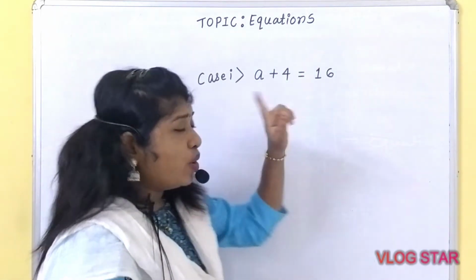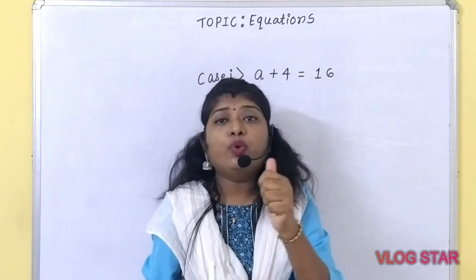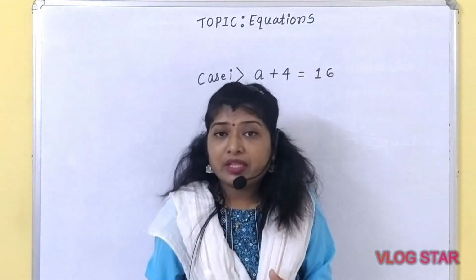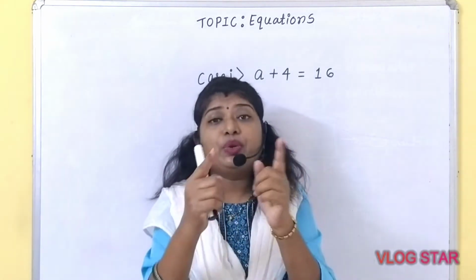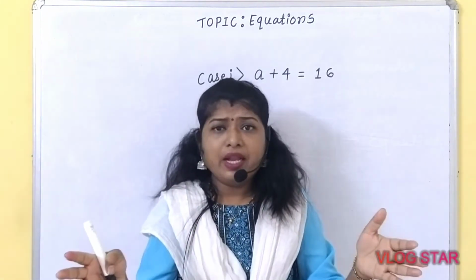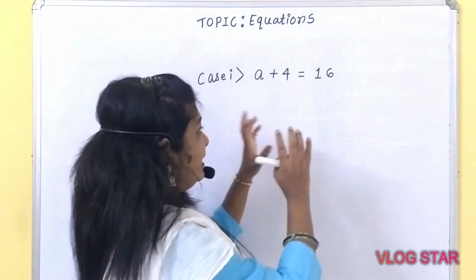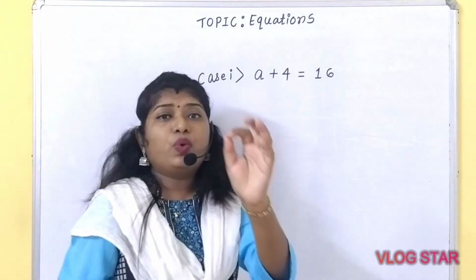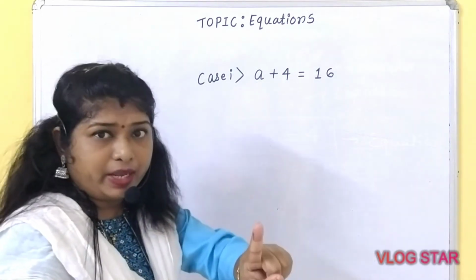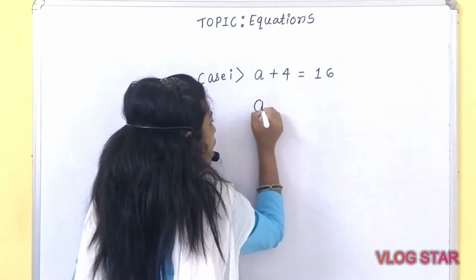Okay. So if you observe carefully, the first thing you need to identify is the unknown variable. What is a variable? As I said, a variable is nothing but the unknown value that you need to calculate. The variable could be from A to Z; any variable you can consider. In this particular question, you need to identify which variable you have to calculate. Could you identify? Yes, definitely A is the variable. So how are we going to proceed? How are we going to find out the value of the unknown variable?